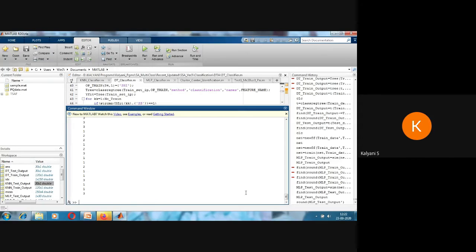Is it clear? Is MLP clear for you all? Can you tell me so that we can go to the next one, SVM? Can we go to the next one? SVM classifier. Do you have any doubt so far?